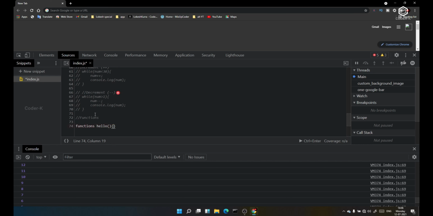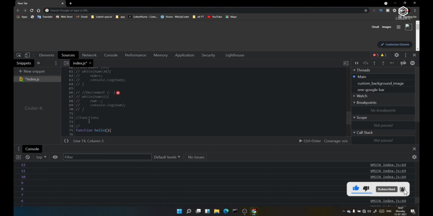We want to provide brackets and also curly brackets.